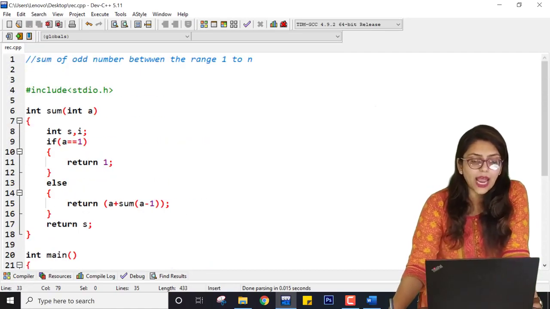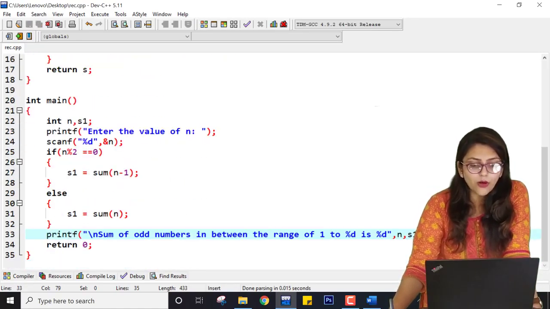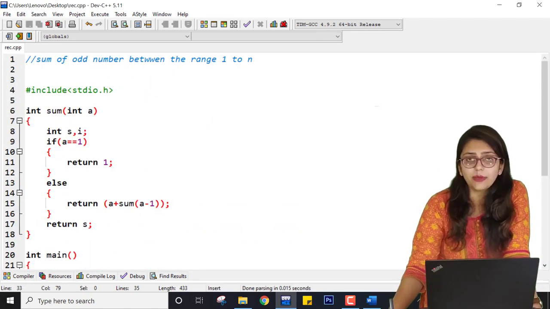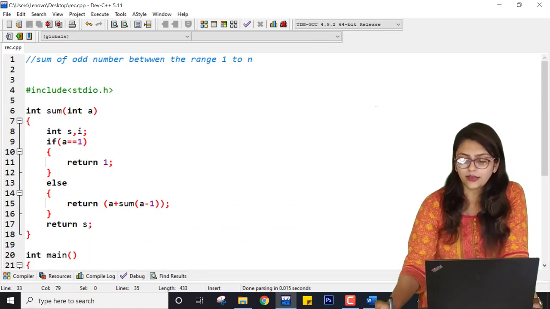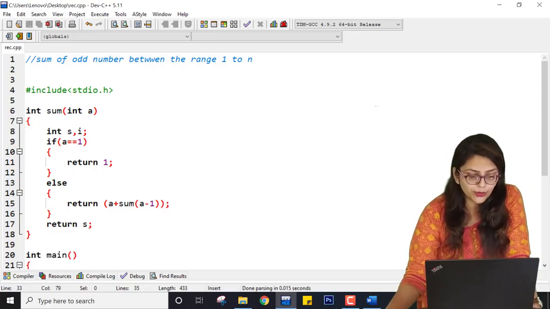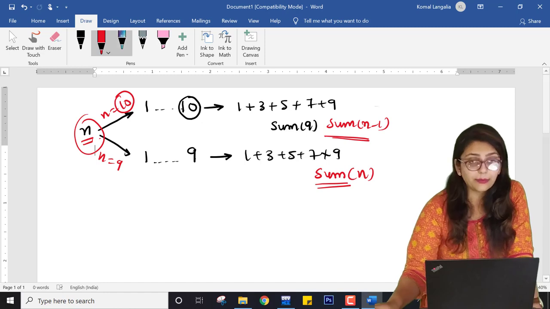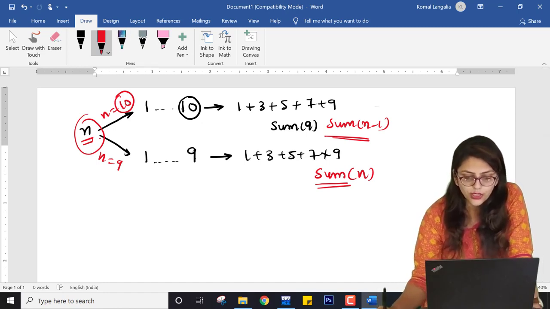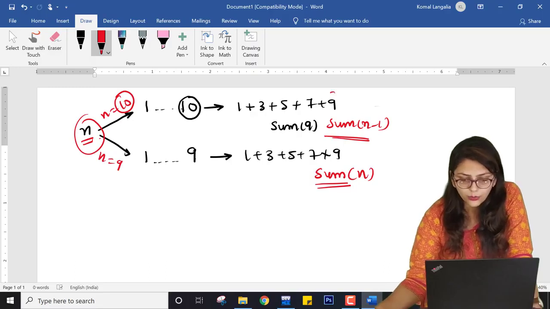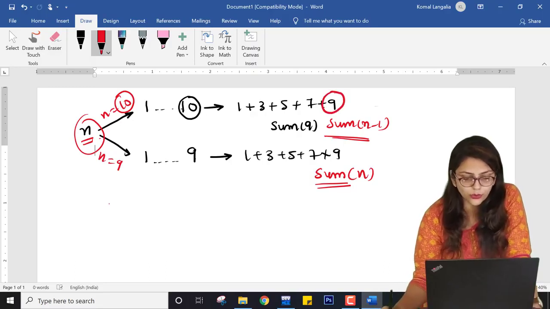But now what happened over this? If sum of 9 is called, 9 will be copied to a, and then it will just do this thing, right? So now what logic should be implemented inside this? For that, let me open my whiteboard again. Here you can see what I am going to do. Suppose it calls sum of 9, right?